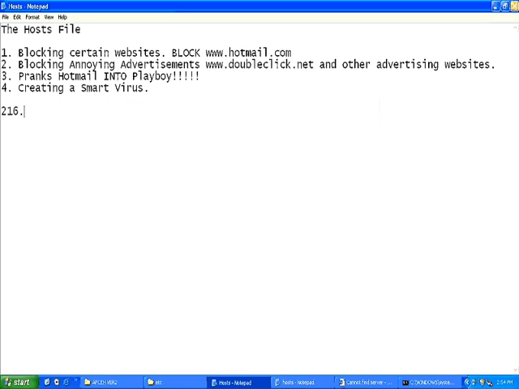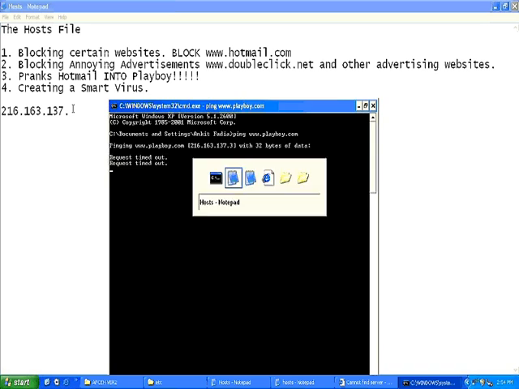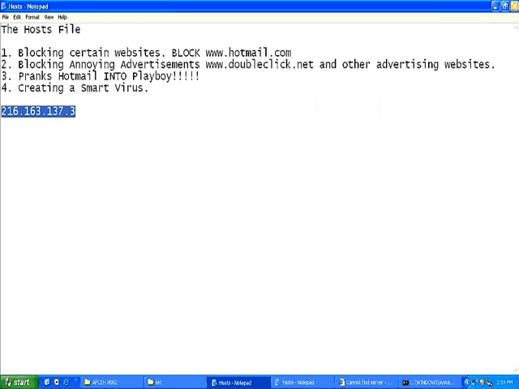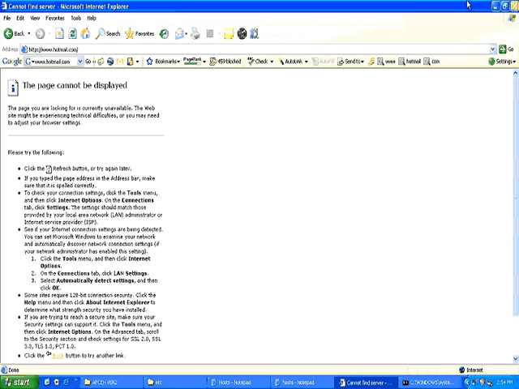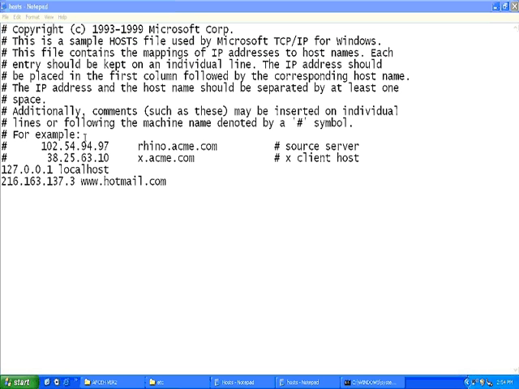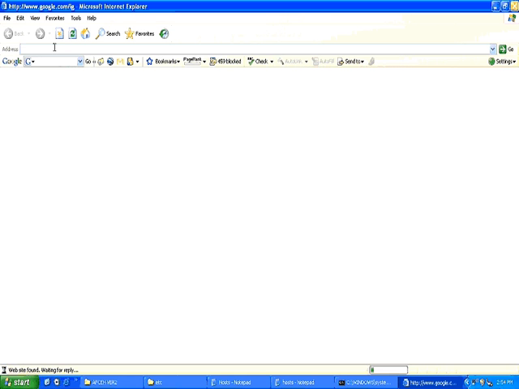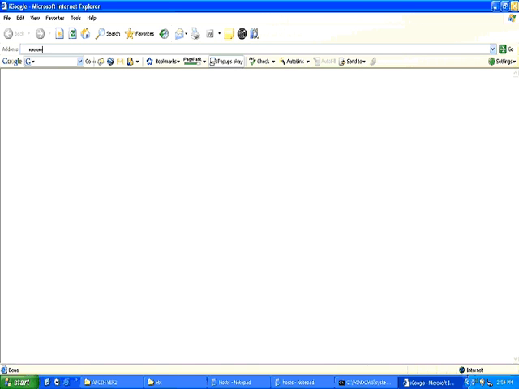So let me quickly write it down, 216.163.137.3. So let me copy that IP address, which is playboy.com's IP address, put that as a new entry in the host file, followed by space, followed by hotmail.com, save that, start my browser, close that. Well, actually you need to restart the browser. And now if I try to connect to hotmail.com, you will soon see that automatically the user gets redirected to